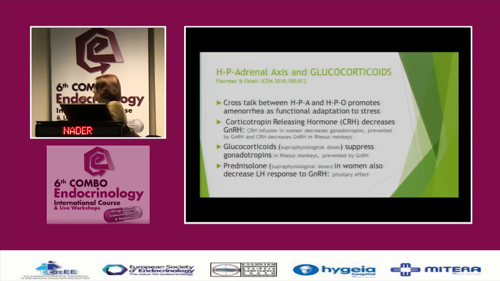And CRH also decreases GnRH in rhesus monkeys. Glucocorticoids themselves suppress gonadotropins in rhesus monkeys, prevented by GnRH. And in women, prednisolone in supraphysiologic doses also decreases the LH response to GnRH, a pituitary effect. So not only does CRH act in the system, but the very glucocorticoids themselves can negatively impact reproduction.